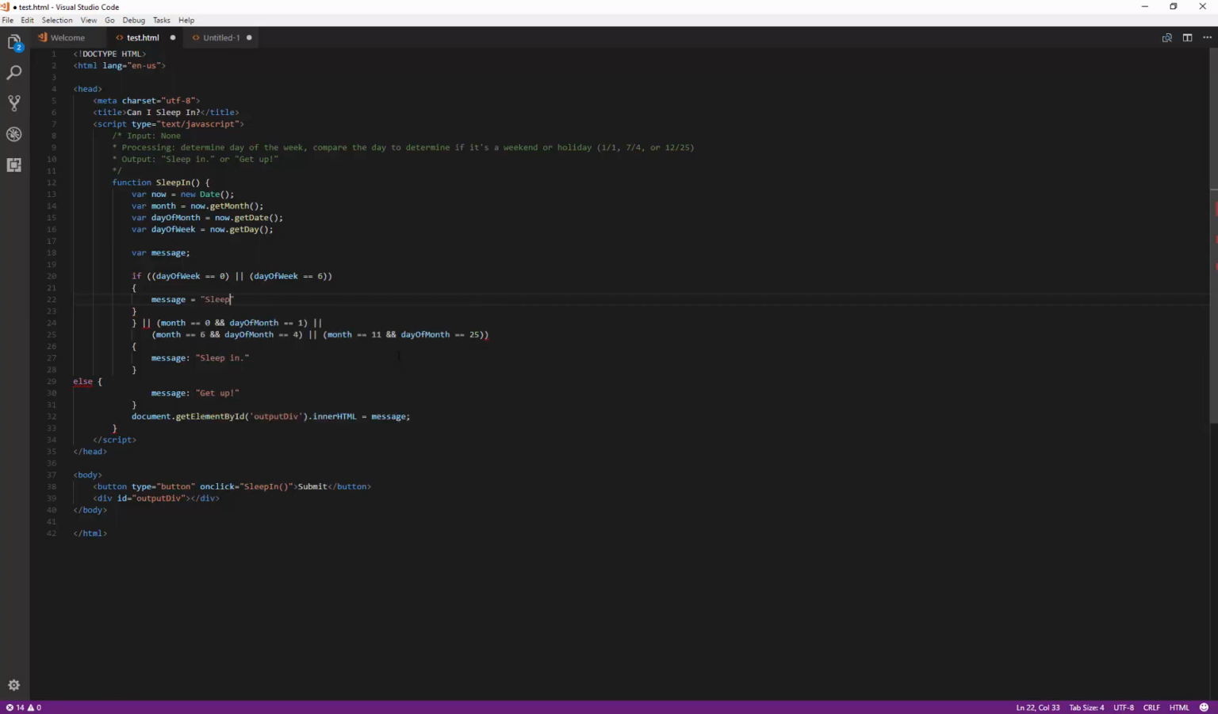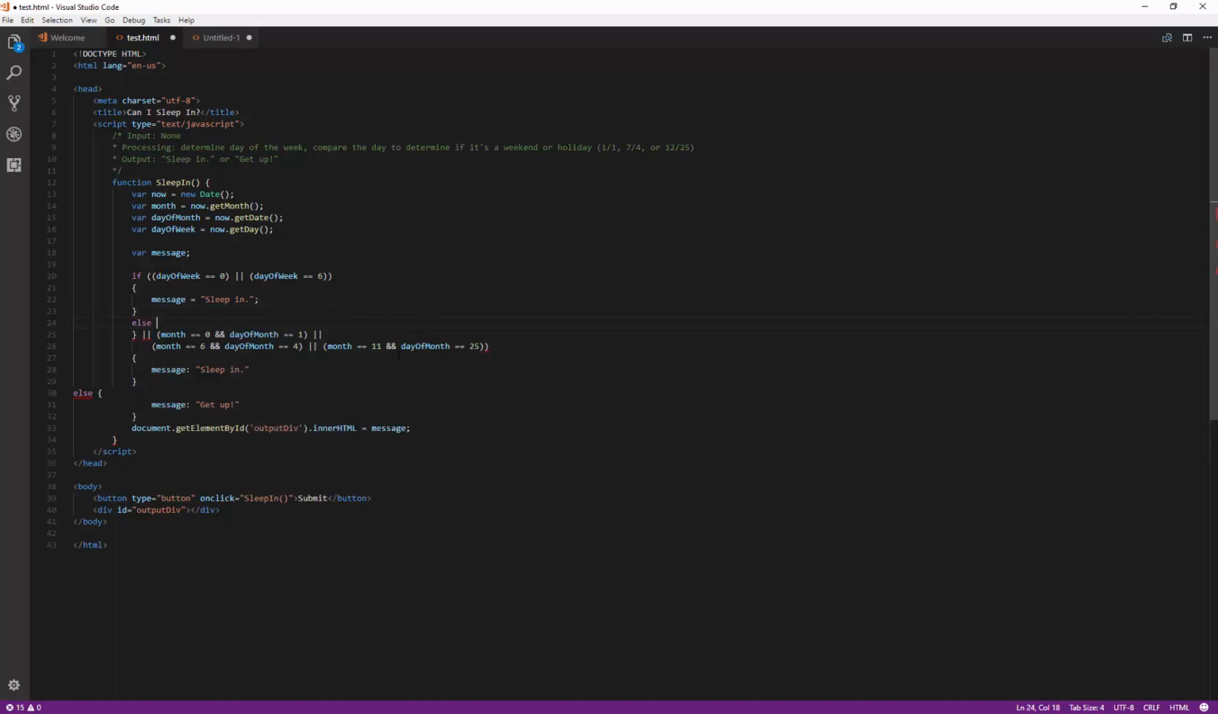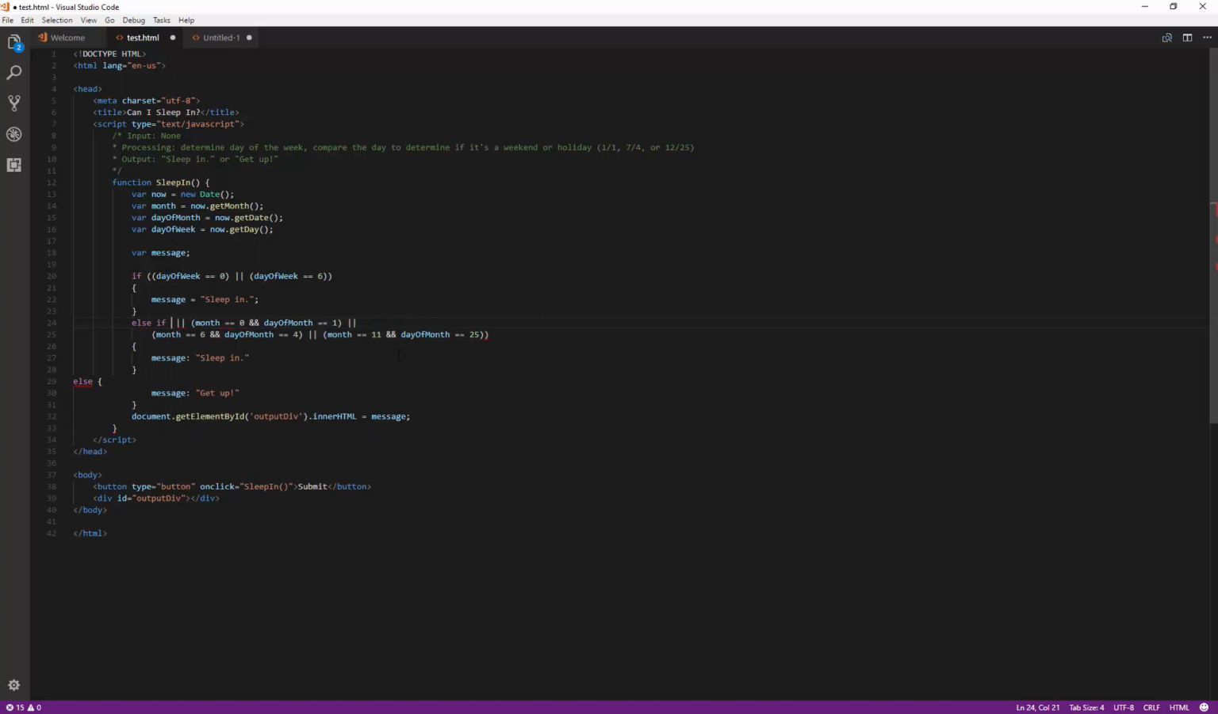Message equals sleep in. Okay. Else, if it's a weekend, it'll always be a sleep in. So we're first checking to see if it's January 1st. 0 is January. Day of the month is 1, so that's January 1st. Or if the month is 6, which is July 4th. Or if